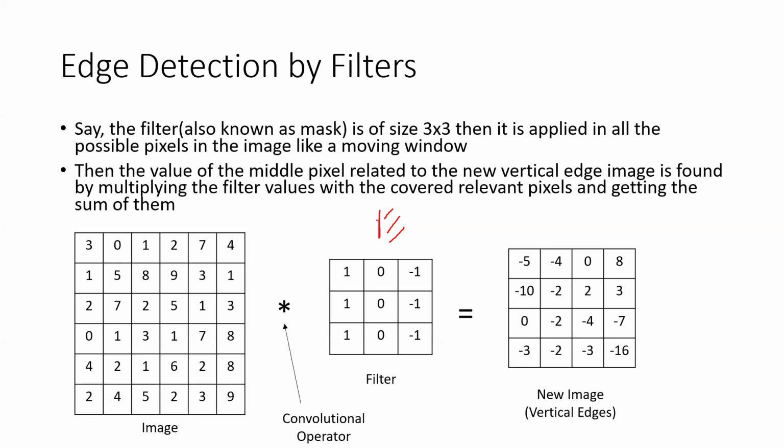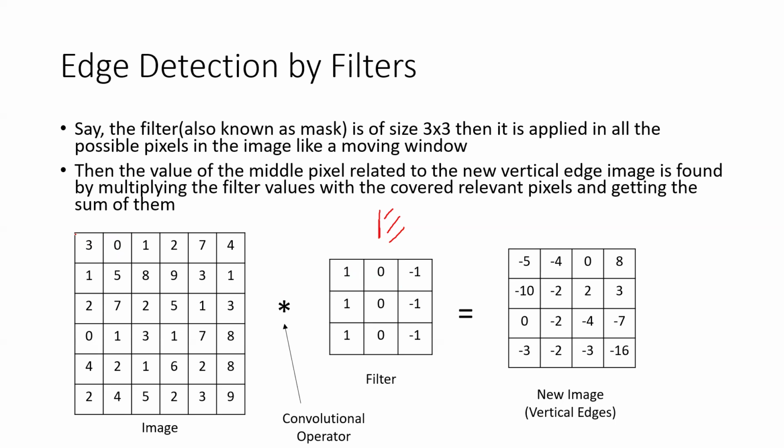So that you can identify there's an edge where the color drops from a higher value to a lower value. So once you apply this filter to this image, take this as the image where each value corresponds to the pixel values of the image. This value is the pixel value corresponding to this pixel, which is 3. For this pixel the intensity is 0. This pixel value is 1, right? So what you can do is